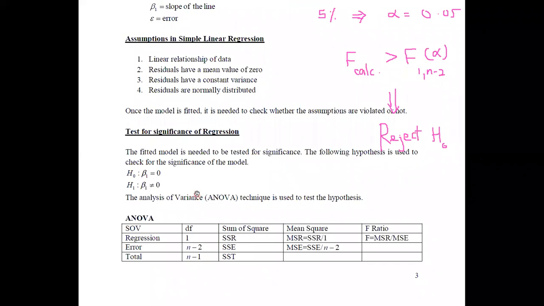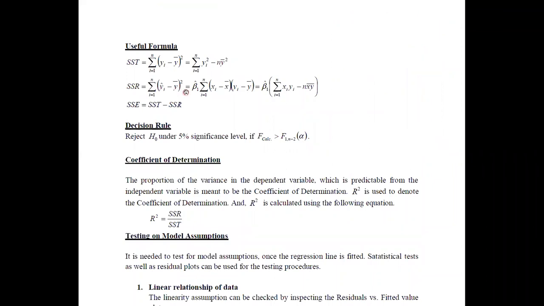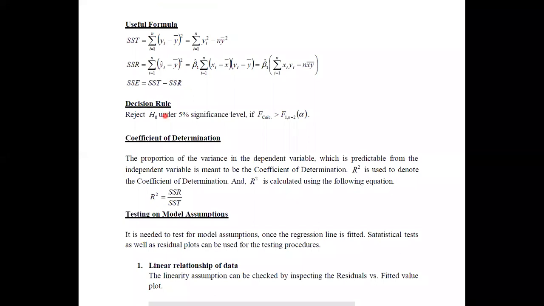Therefore, as soon as you have fitted the regression model, you have to check whether these parameters are significant or not. Generally, we perform this for the significance of beta 1 in simple linear regression. And the next important technique that we need to discuss under this regression model is the coefficient of determination. It is because, as I told you, we can fit several models.